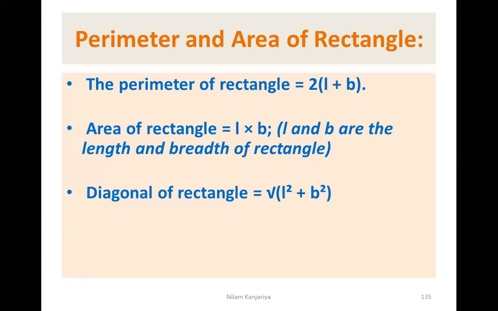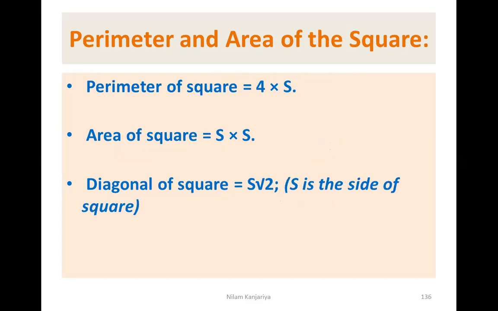Here, if you have a rectangle, you all know the properties of the rectangle and its definition. Some formulas you must remember: the perimeter is defined by 2(l + b). Here l is the length and b is the breadth, and the area is l times b. If you want the diagonal, by the Pythagoras theorem you are able to find the diagonal. So these are the three formulas which we discussed in the previous lectures.